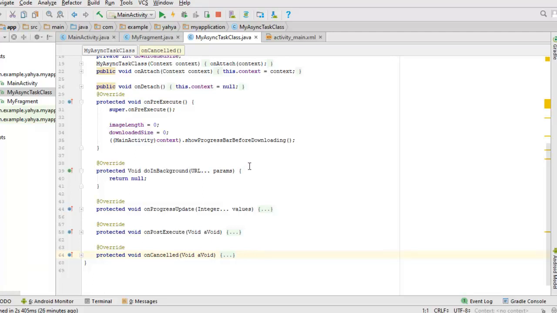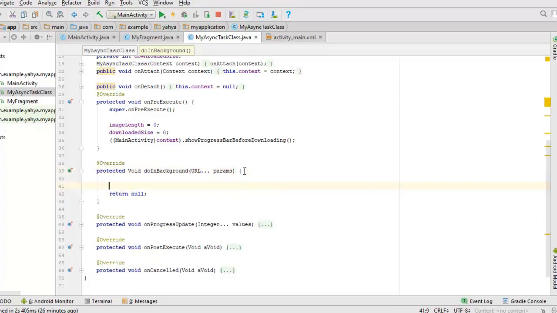This is the continuation of our previous tutorial. If you jump suddenly to this video, make sure that you watch our previous video. In this video, we will download that image by using the doInBackground method. It is a background thread. So we have the URL and we need to get the URL and start downloading an